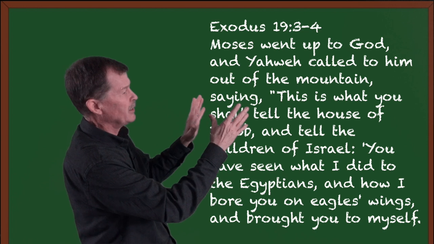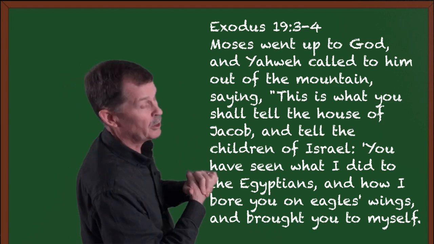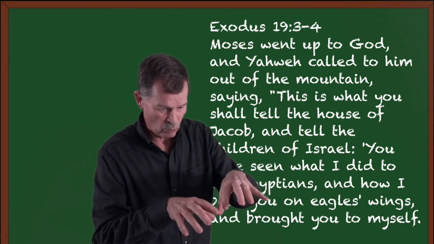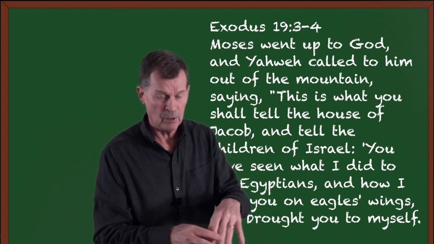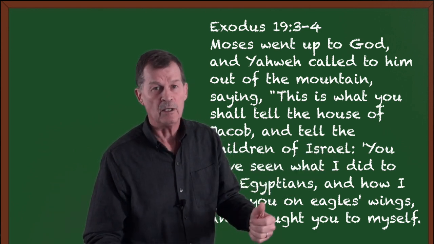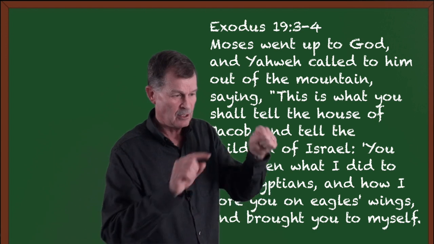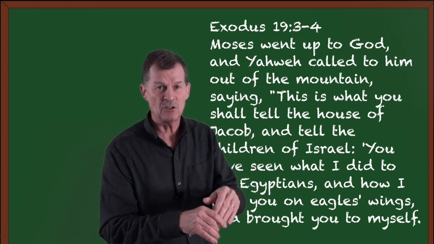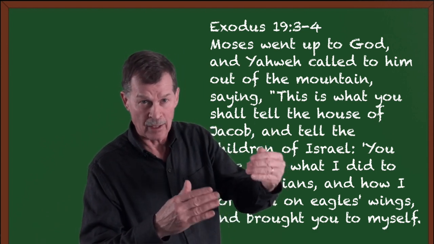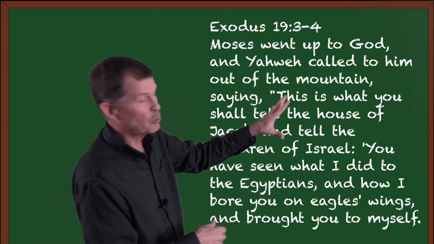So this is what he's saying, is that you have seen what I did to the Egyptians. What did he do? Well, he delivered them twice, out of Egypt. And then when they were powerless to escape, locked in behind by the sea on one end and the Egyptian army on the other, God delivered them through the faith of Moses, who planted that rod, and then God acted because of the faithfulness or the faith shown by Moses and the people in God. God responded. And that's what God's pointing to.